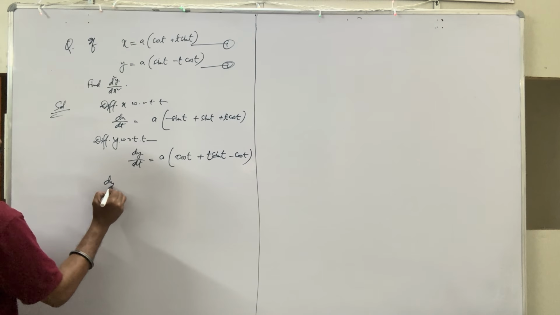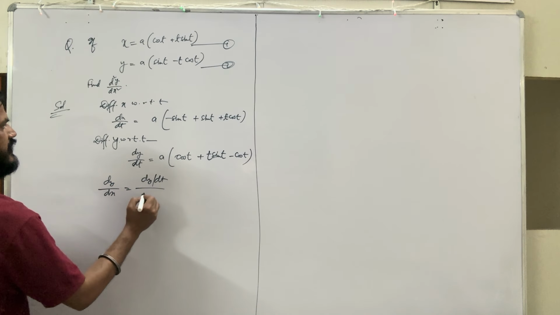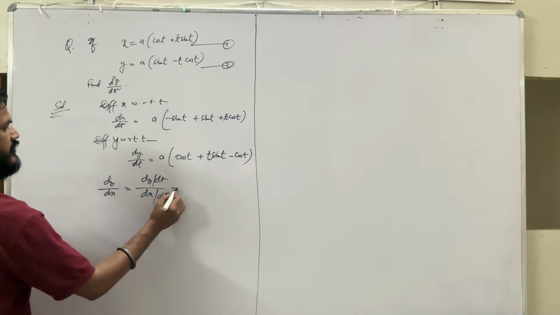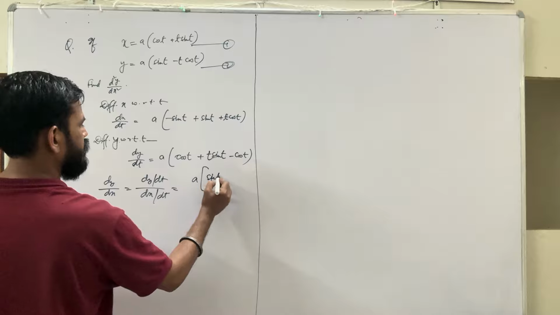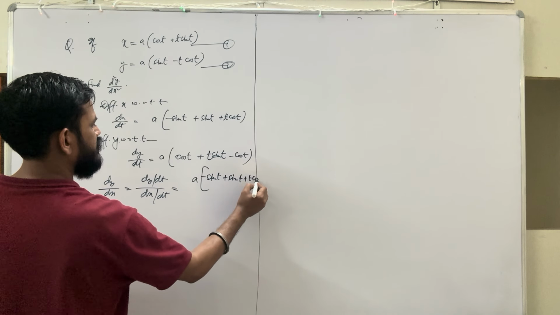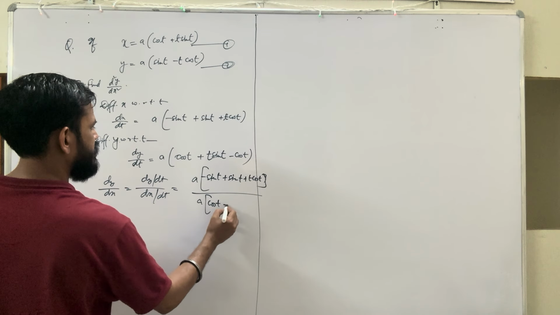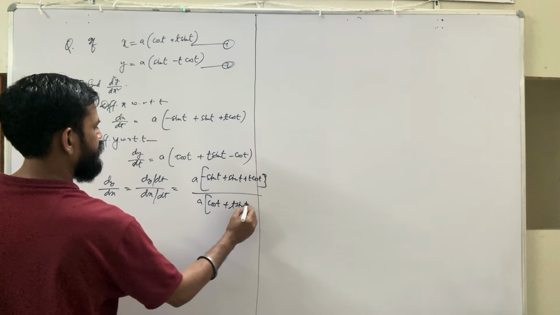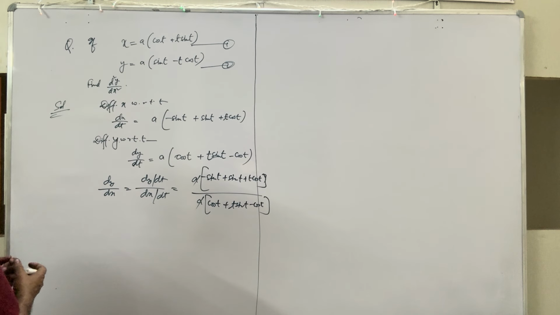So dy by dx will be dy by dt divided by dx by dt. So you divide this, minus sin t plus sin t plus t cos t whole divided by a cos t plus t sin t minus cos t. So a gets cancelled and we have